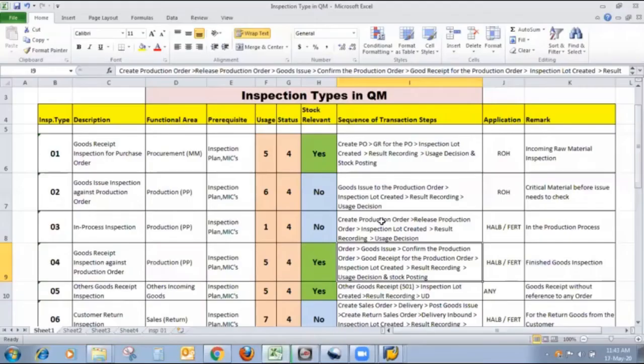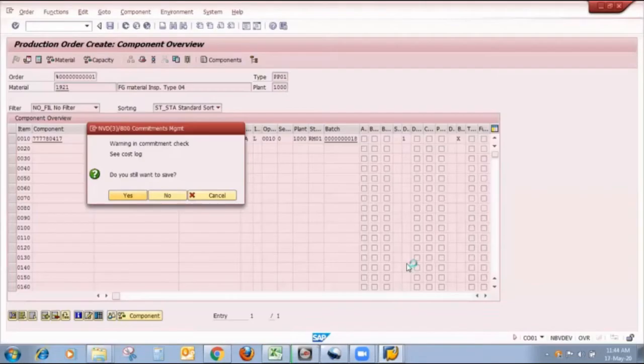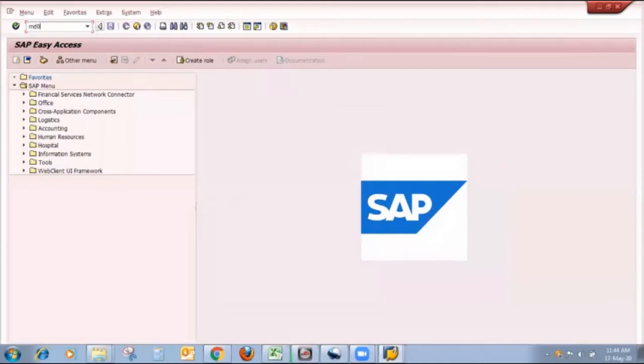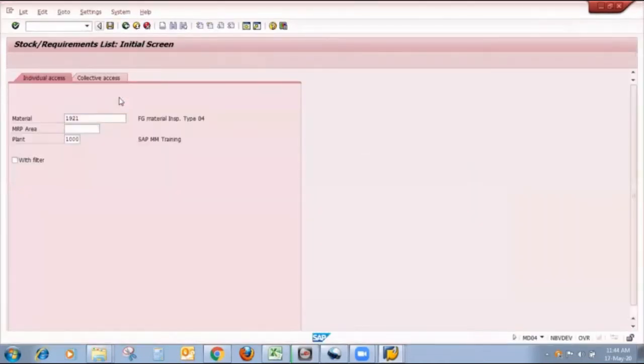As showing on the screen, my next step is goods issue for the production order, confirmation of the production order, and goods receipt of the production order. Meanwhile, I will show you the stock requirement list for that particular finished material.